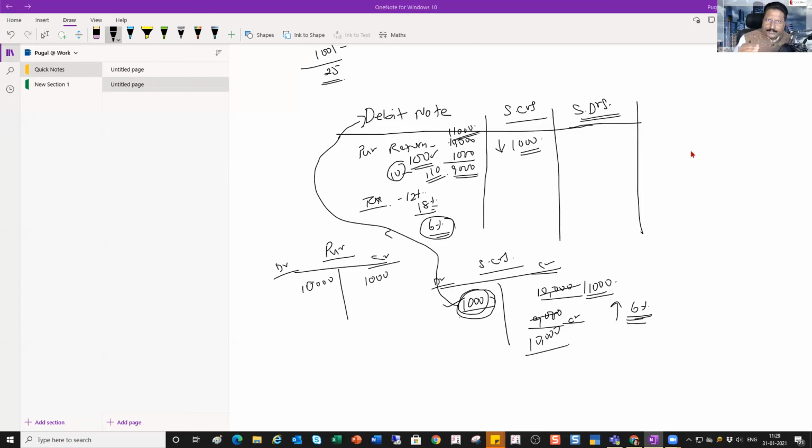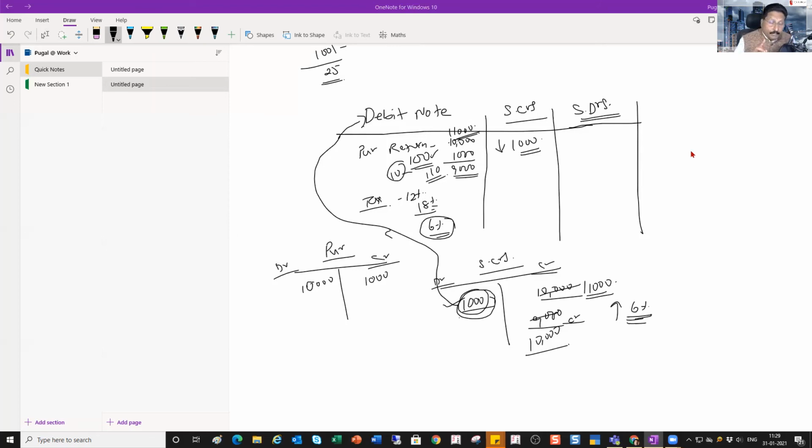So now you raise a debit note for the value of 6% on the transaction value or assessable value or taxable value. And now you're going to make an entry on the debit side of your customer, so that to the extent of that 6% difference in tax, the outstanding is going to increase, so that you are going to get the amount with the original invoice plus the debit note amount. That is the total amount that you are supposed to receive from your customer, right?